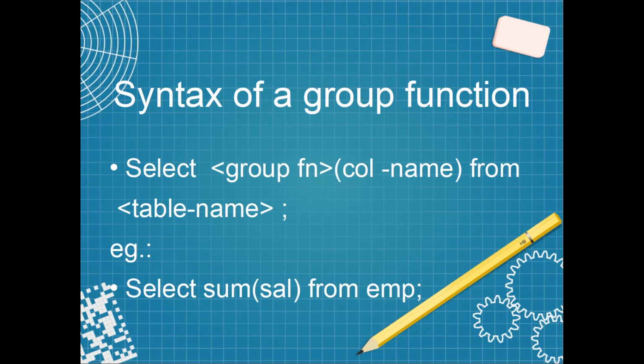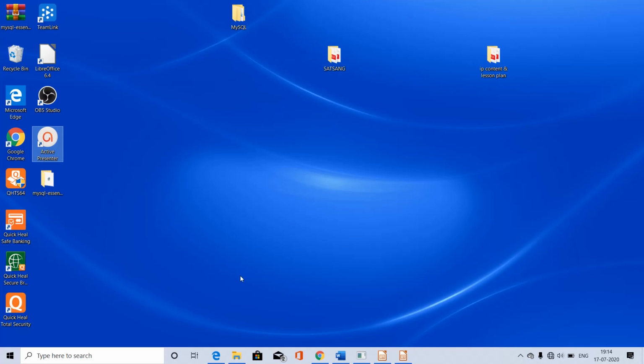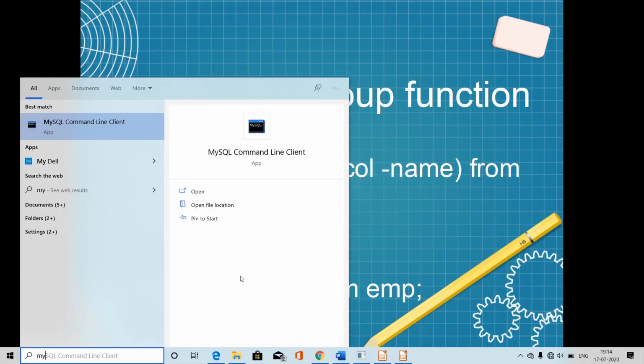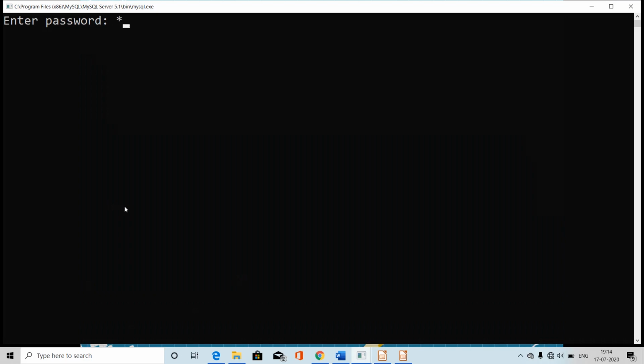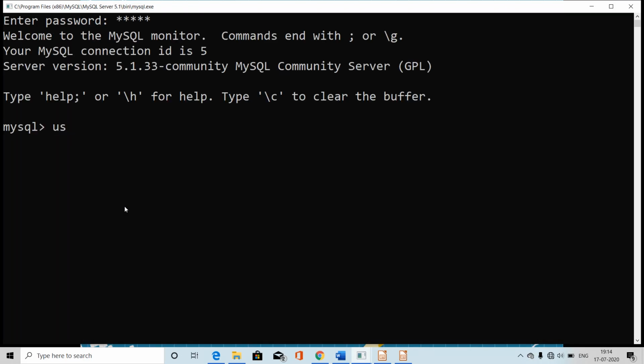Let us see the live demonstration. Now I'll show you how we can work with such functions in MySQL. I'm opening a database D1 which already exists.